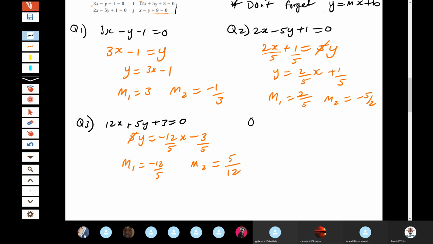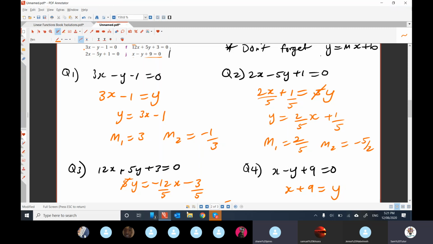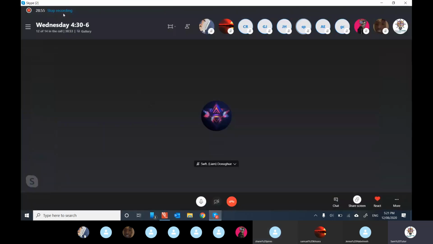Great work. Question 4. x minus y plus 9 equals 0. Shane, are you there yet? Yep. Let's go, buddy. x minus y plus 9 equals 0. What do you want to do? Move y to the other side. Perfect. There it is. And then the gradient m1 is 1, and then m2 is negative 1. Well done. We have officially completed